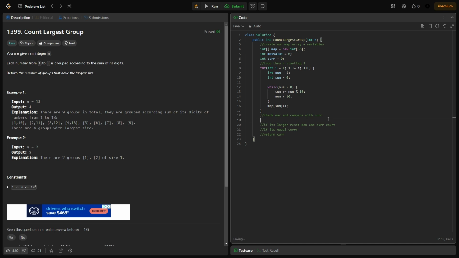So after we get done with that while loop and we iterate the value that was found, we need to check the max value and compare it to where we're at. Okay, so how are we going to do that? We're going to need to write a simple if statement. So we can say if max value is less than the current map sum,